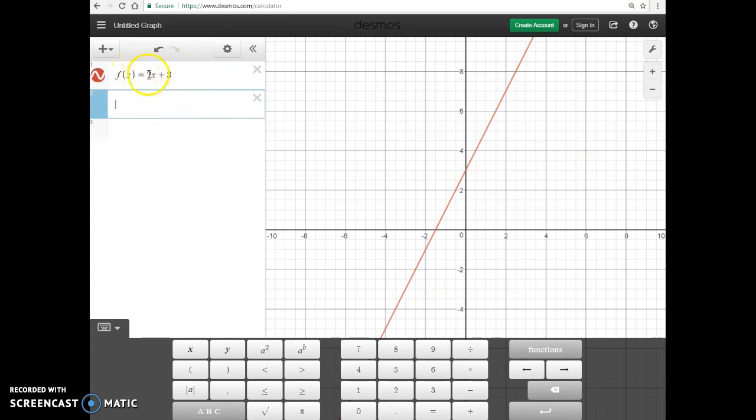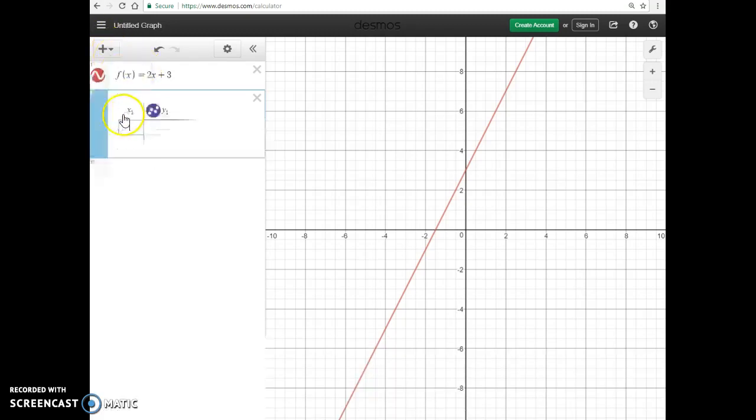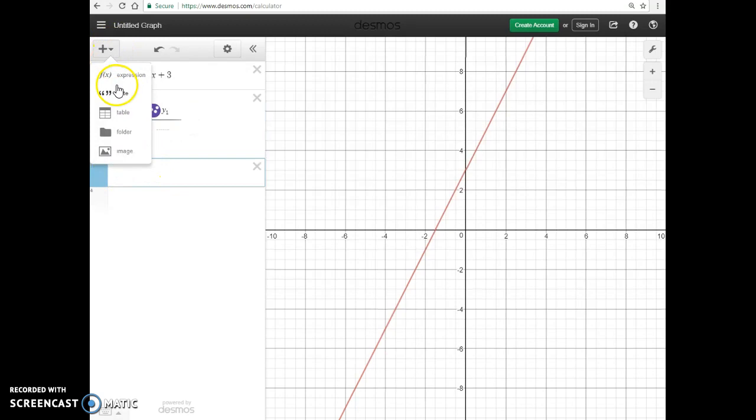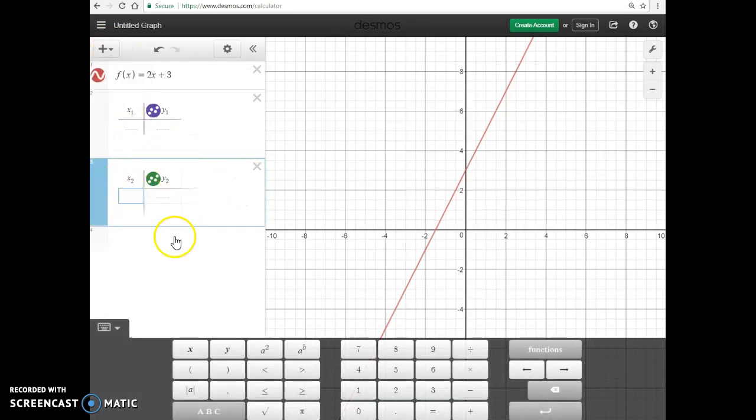Whereas if I just call this 2x plus 3 and I want to generate a table of values for 2x plus 3, I actually will not be able to do that unless I give the function a name. So if I call it f of x or g of x or whatever you like, and now I go to insert a table, notice how it calls these x1 and y1, and each time you create a brand new table, it's going to call it x2 and y2, so that the variables don't cross over